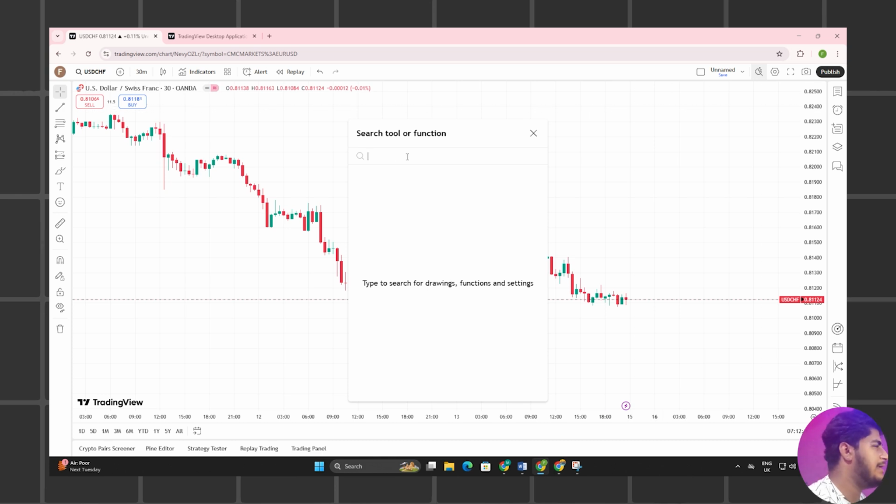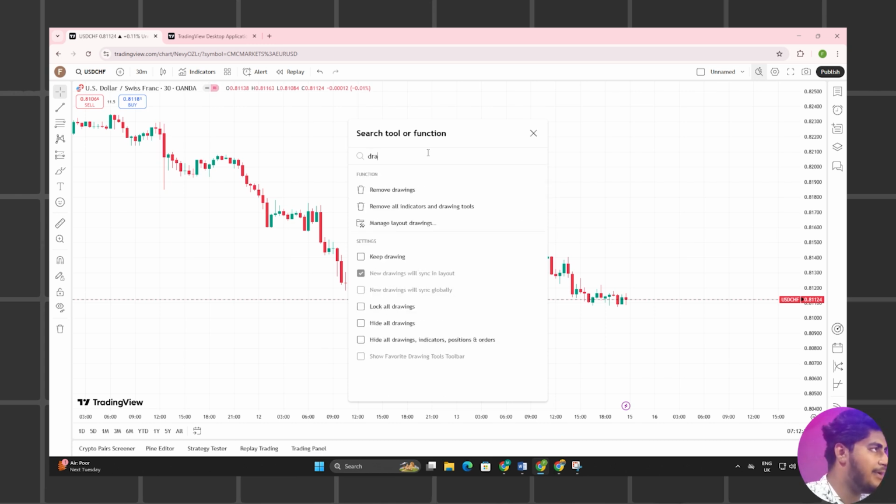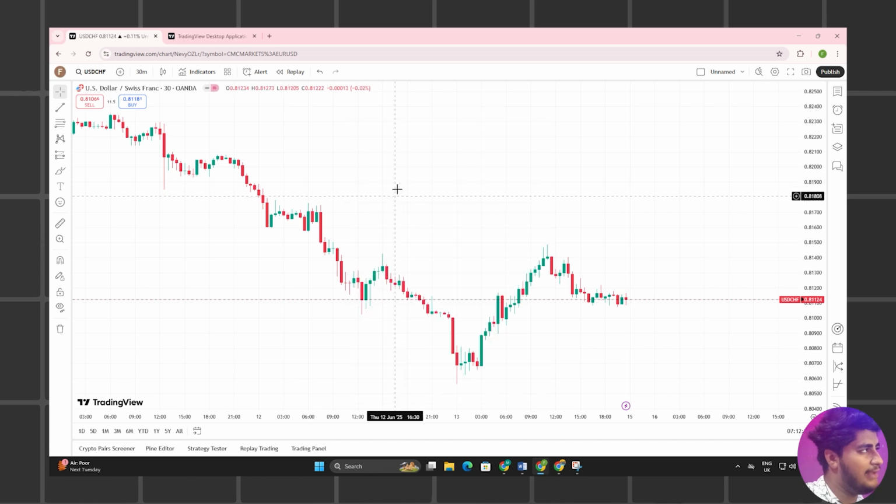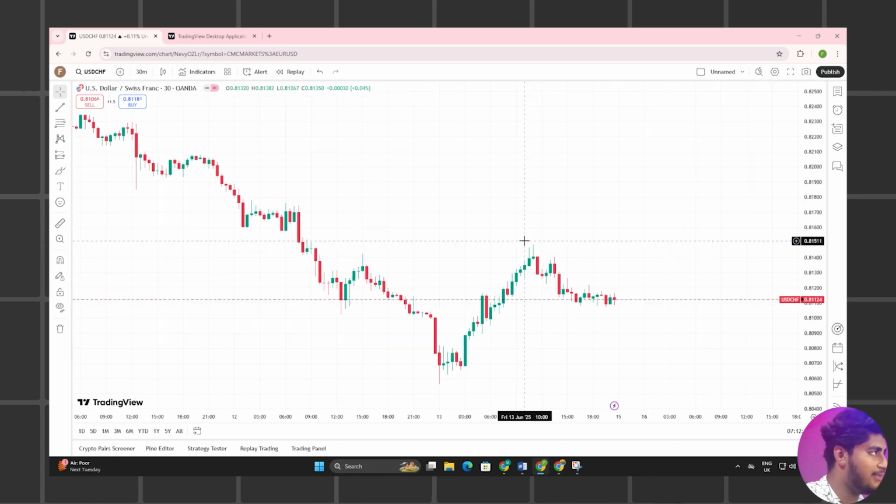Now if you can't find a tool, or you don't remember the name of the tool you want, you can search here. For example, I type draw line. So you can see multiple draw line options come up. You can select any, like remove drawn lines. Remove drawn lines is required.